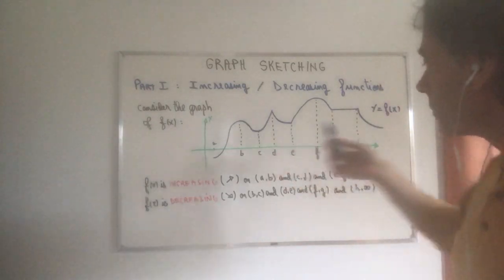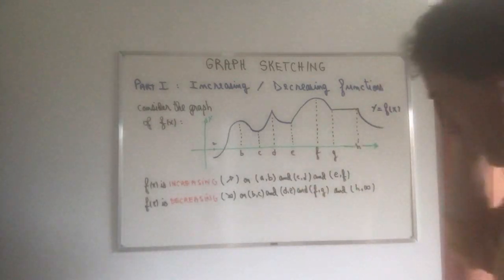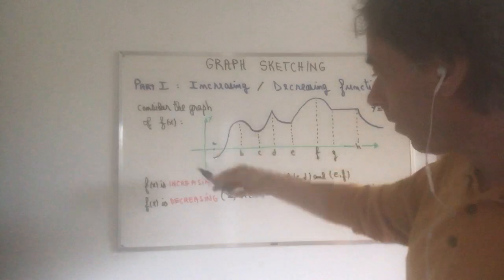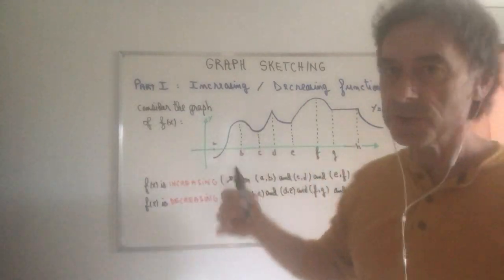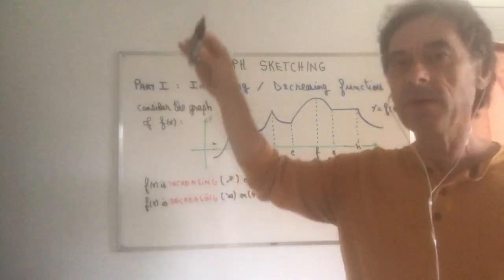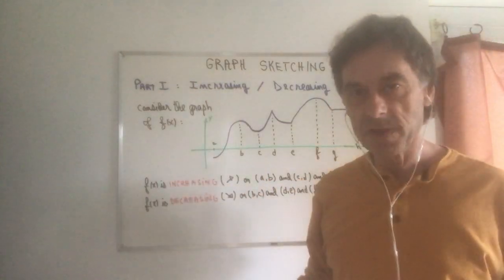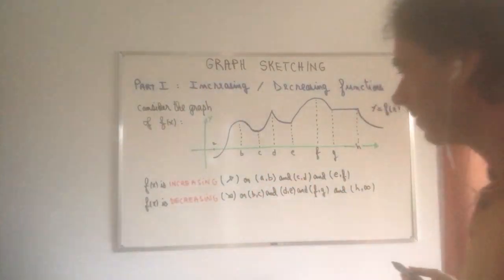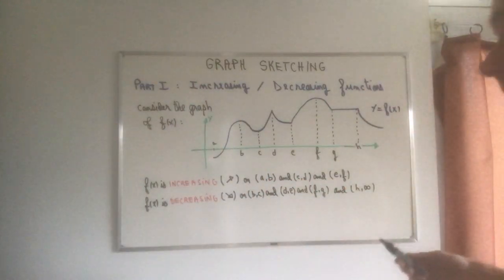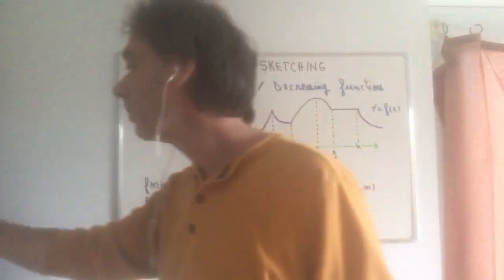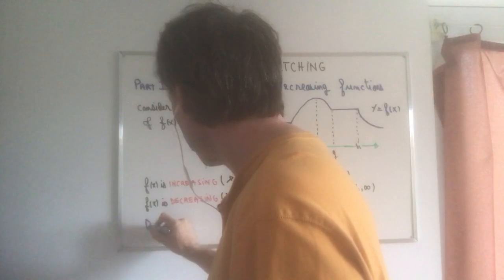So just to label the different intervals on this graph, where the function increases or decreases, it's a simple thing. You just look at where the graph goes up, it's increasing. When the graph goes down, it's simply decreasing. So if you want a formal definition, I can give one to you. So we can actually say, definition,